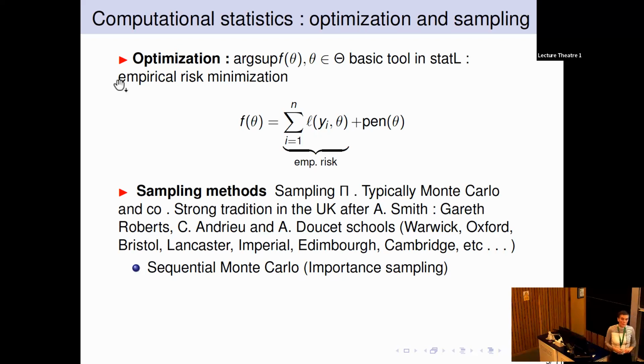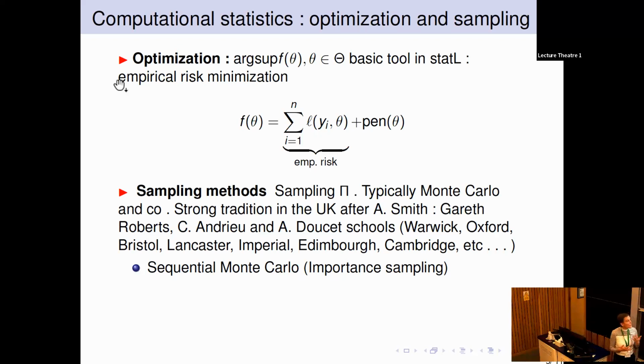Sampling methods were more Bayesian because, as Long was talking about, in Bayesian statistics you have a whole distribution, and I'll come back to it later on. You have a whole distribution on the parameters, which is the posterior distribution, which is the basis of the inference. The inference in Bayesian statistics is based on this distribution, and you want to sample from it. You don't want to compute one point estimator, but you want to sample from it. And when theta is huge, or lives in a complex space, like a manifold or something like that, then sampling is complicated.